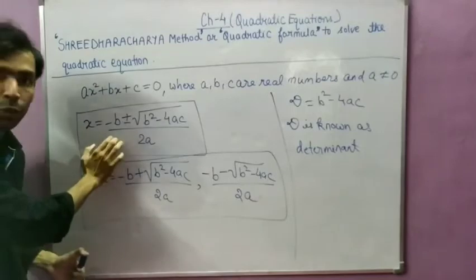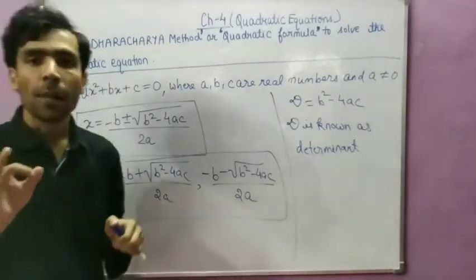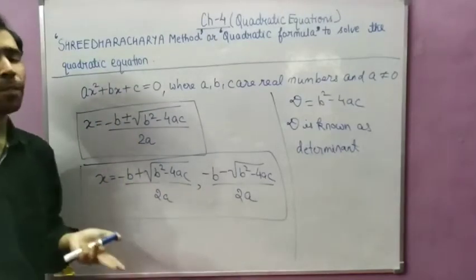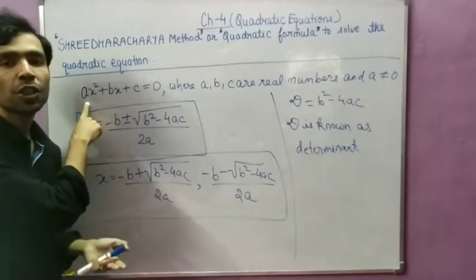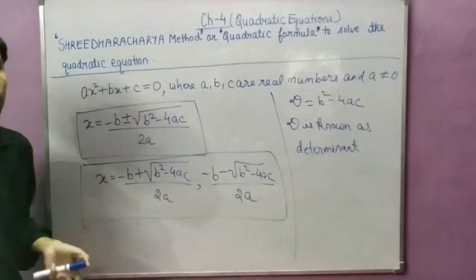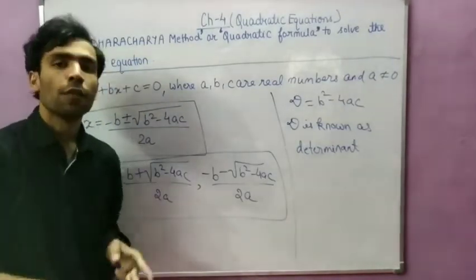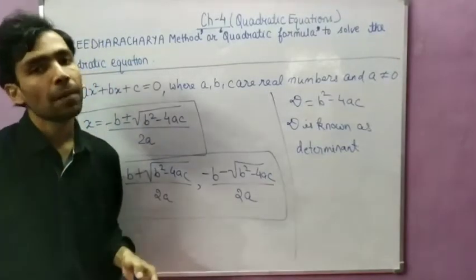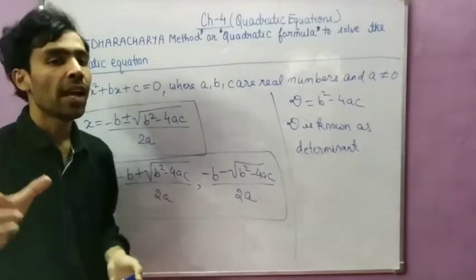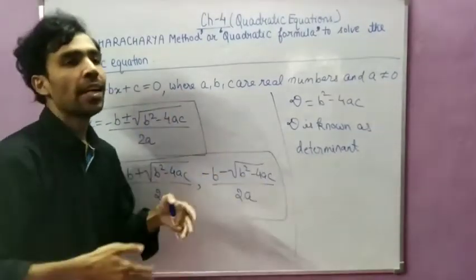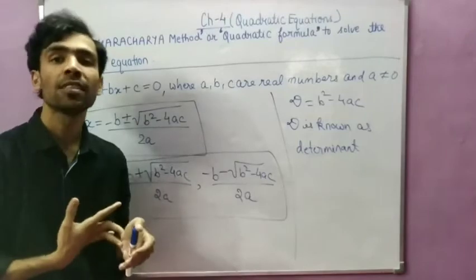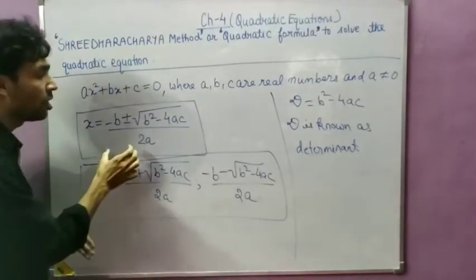You can prove it also, students, because if you know the completing the square method, then you can easily develop this formula. What is the completing the square method? First we have to make the coefficient of x square 1. Because here it is a, we will divide both sides by a. After that we will look at the coefficient of x. Whatever the coefficient of x is, that will be multiplied by 1 by 2. Whatever comes, you will take the square of that, and add the same thing on the LHS and RHS, and after simplification you will get the value of x, which is also known as the roots. So nothing to worry about, you can prove this formula.